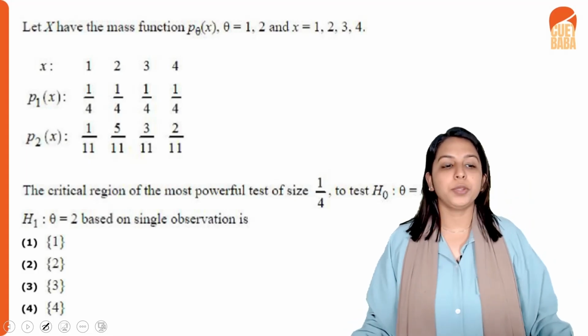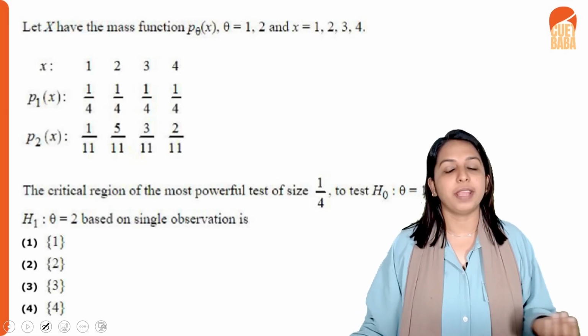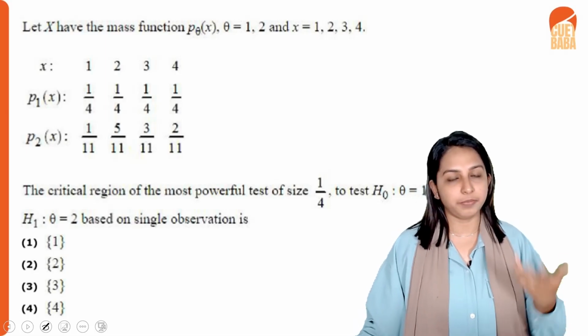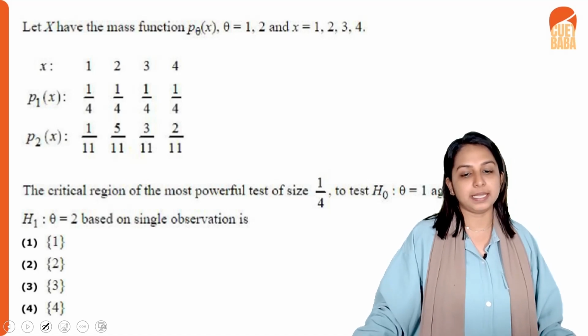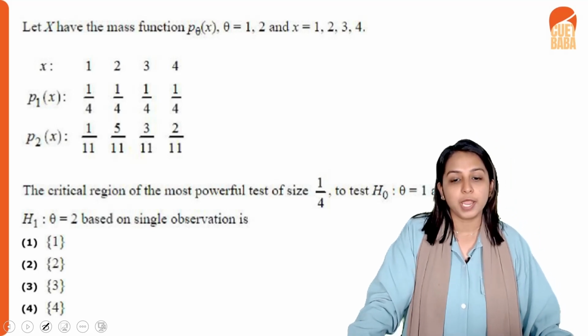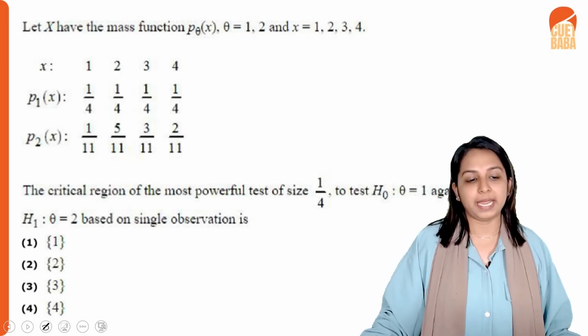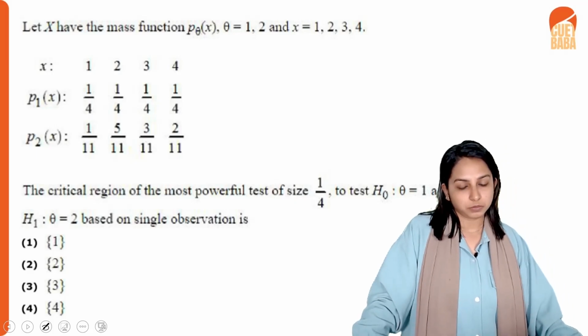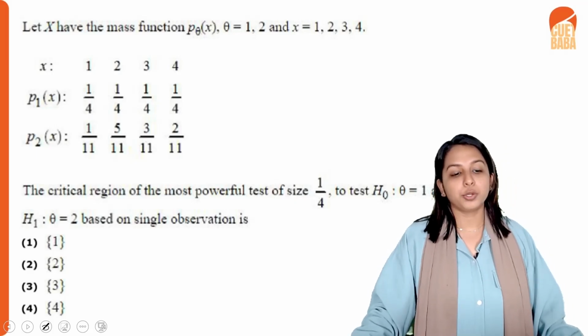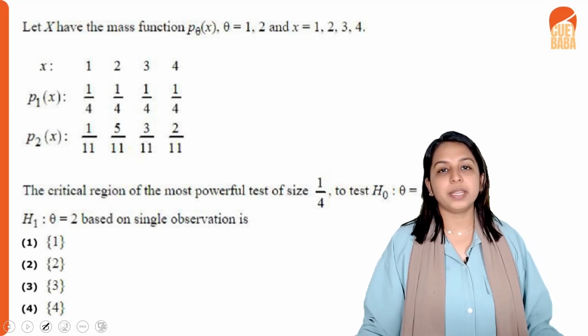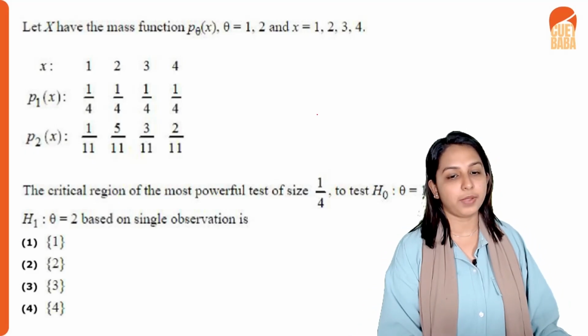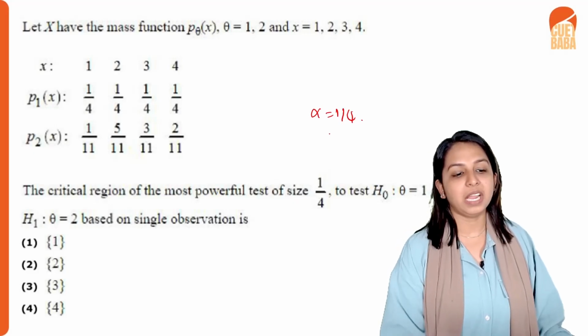So corresponding to x equal to 1, 2, 3, 4, we have p1 of x and p2 of x given in the question. The critical region of the most powerful test of size 1 by 4 to test H0: theta equal to 1 against H1: theta equal to 2 based on the single observation. That is, the size of the test is given as 1 by 4, that is alpha is equal to 1 by 4,